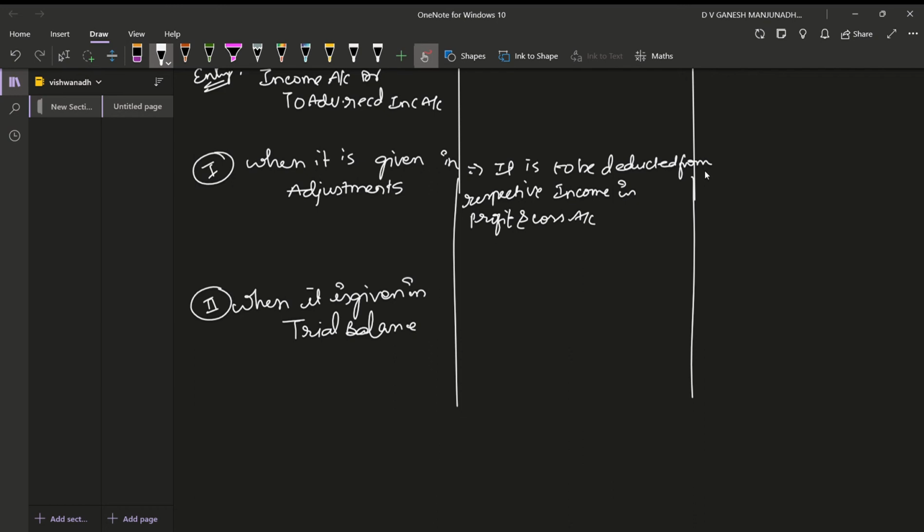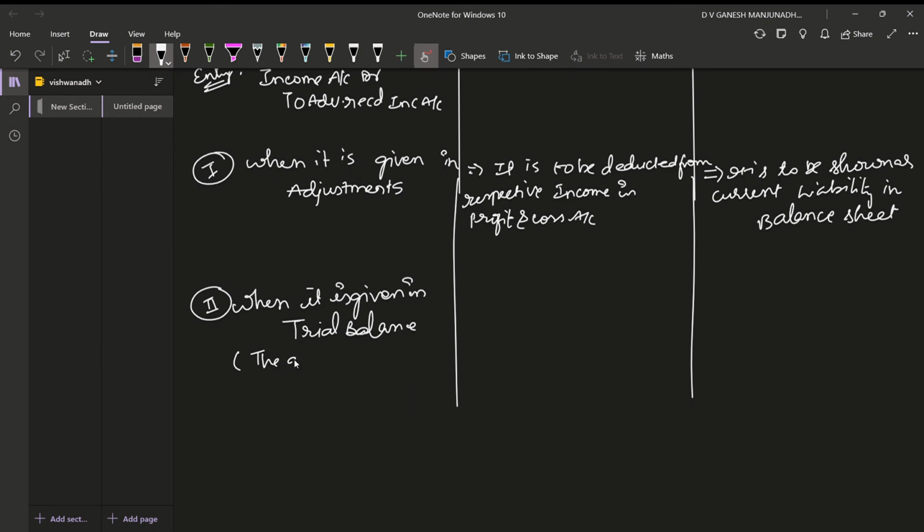It is to be shown as a current liability in the balance sheet, and whenever it is given in the trial balance,